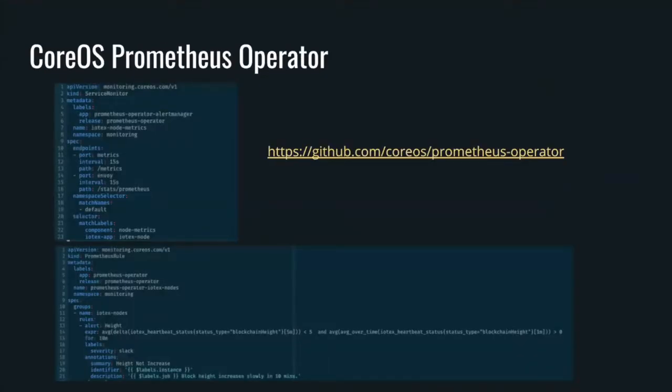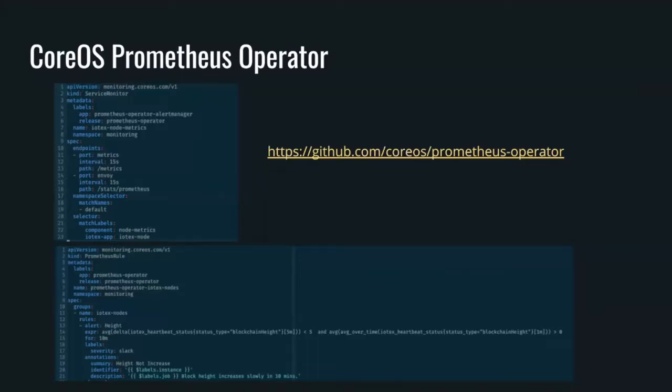So I talked about Prometheus Operator. If you use Kubernetes, it becomes really handy when writing the Kubernetes YAML config. You don't need to deal with the Prometheus-style configurations. To expose to live Prometheus and let it collect data from your service, you just need to define this service monitor, and you just select